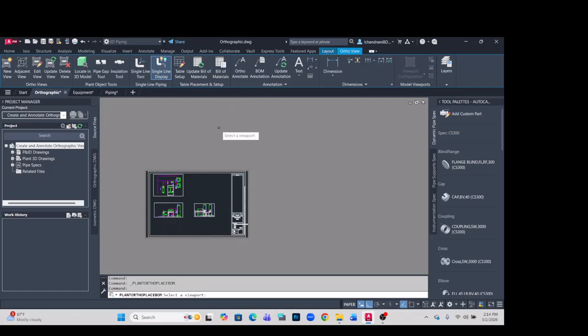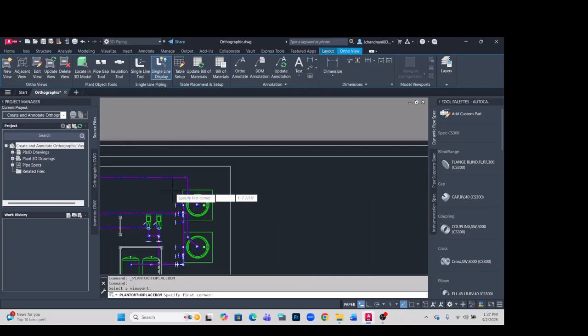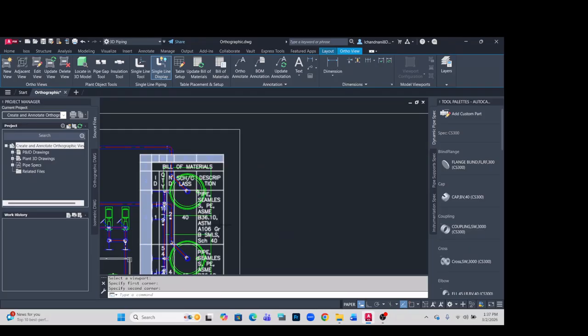You want to select a viewport, so your command prompt tells you to first select a view. Select that, and then I'm going to specify a very small portion of the equipment within this viewport, just to get an idea of the bill of materials for, let's just say this. I'm going to grab a window and I'm going to pick that,